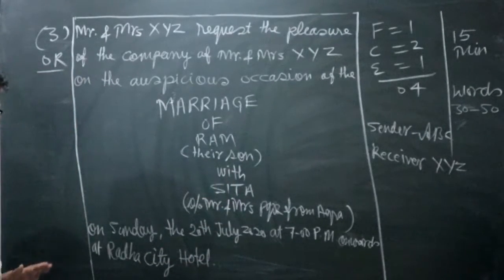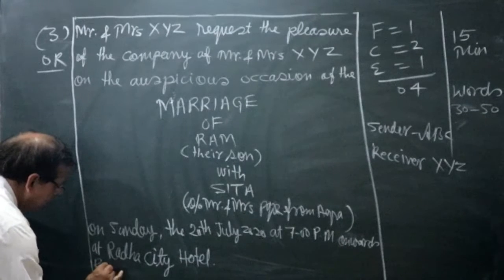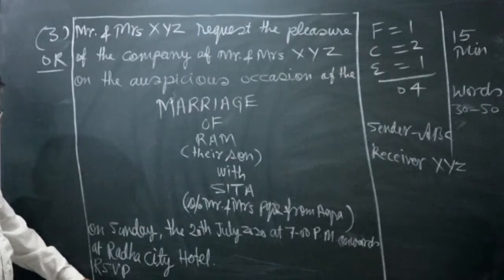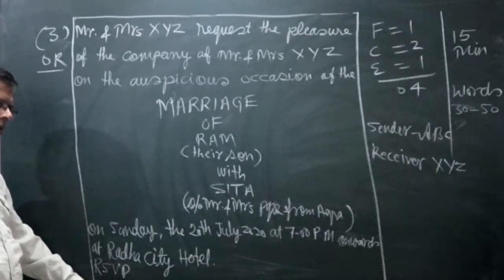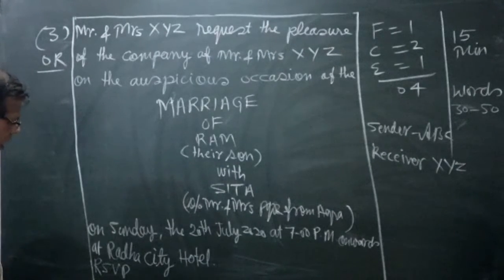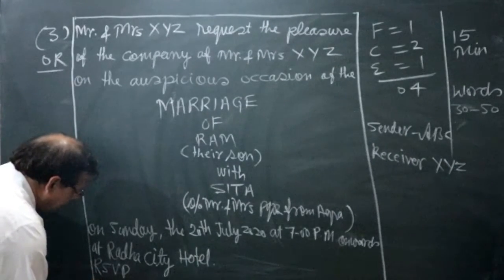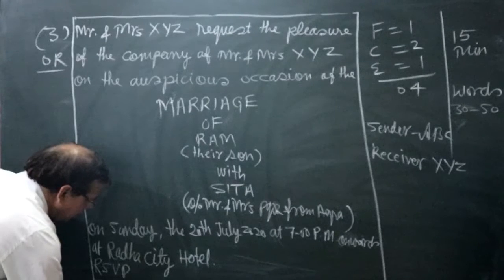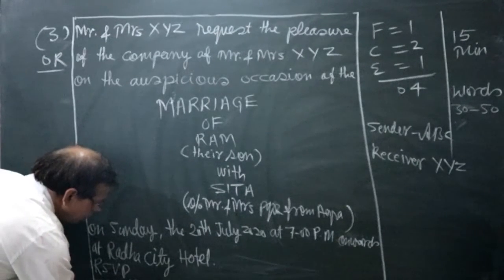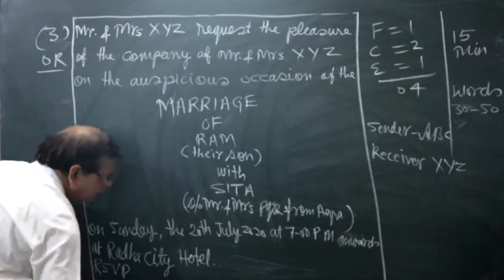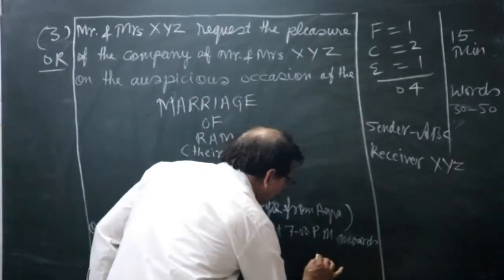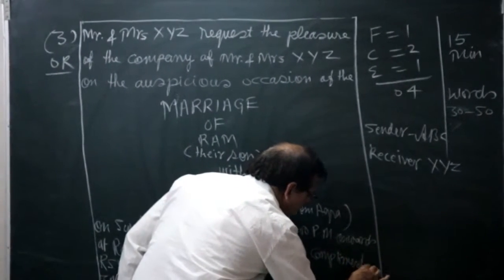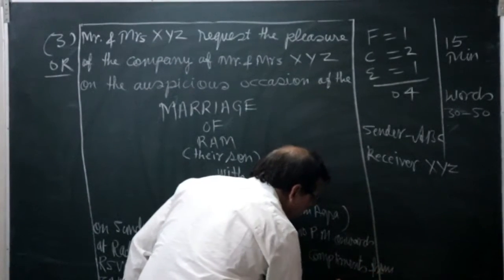Okay, then RSVP. Below RSVP, you will write your address. Your address: 3A Krishna Nagar, Mathura. And compliments from here. Compliments from Ravi,